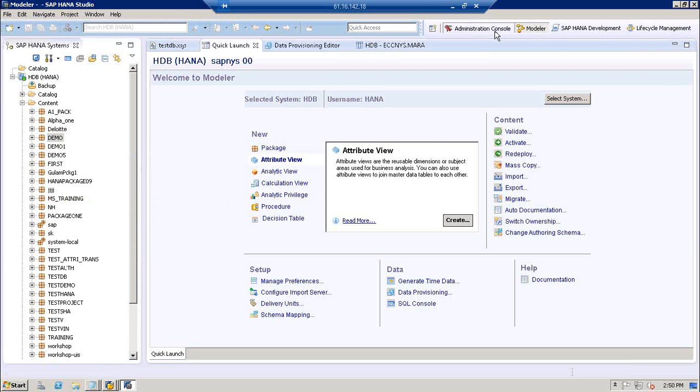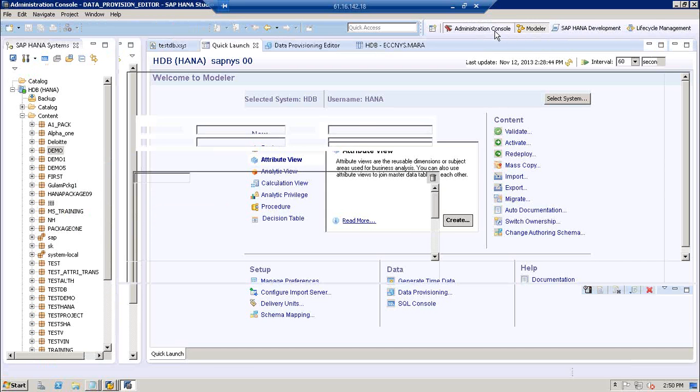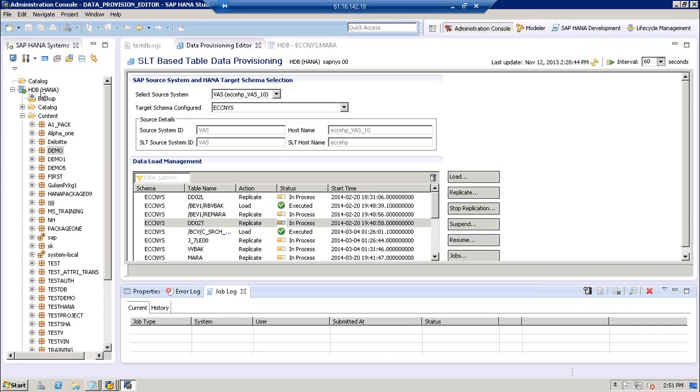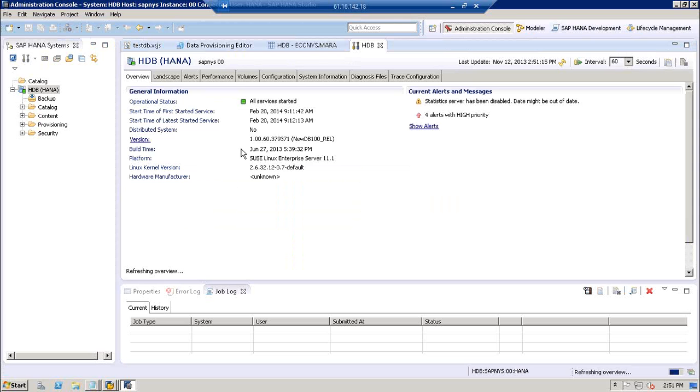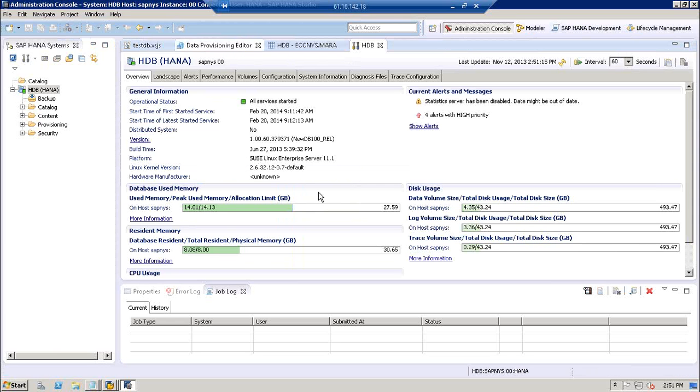Then if you go to the admin console, which might be of your interest, Ritesh, you select this HANA DB and click on Open Default Configuration. Here you have all the information related to your HANA DB.